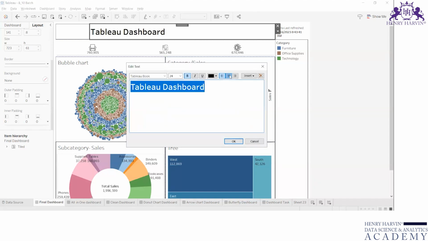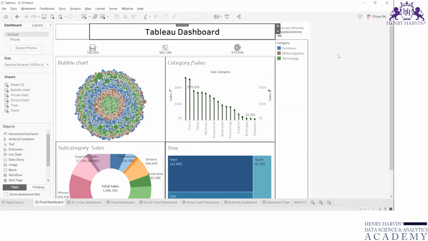I'll bring it in the center and click on OK. So this is the dashboard name. Now we want to add an icon, right? Image of our